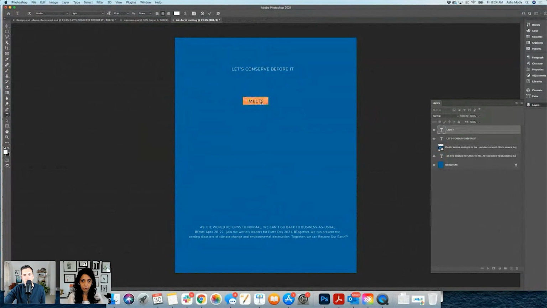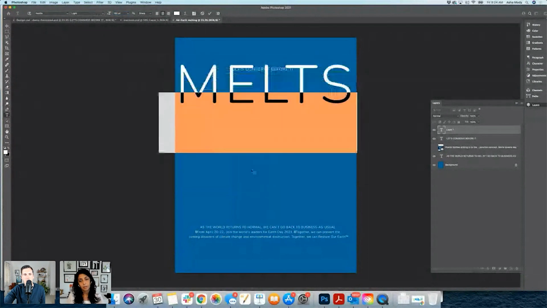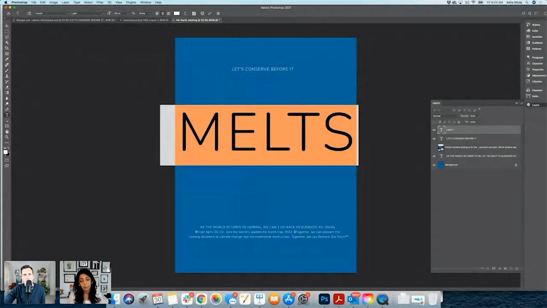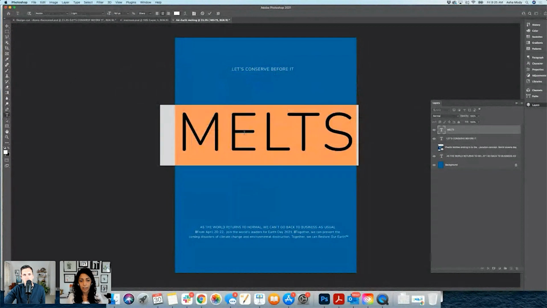Maybe I want to make this really dramatic, and I can use the type. Okay, but now it's bothering me because there are rounded corners. It's very thin, not that readable, and doesn't have an impact.